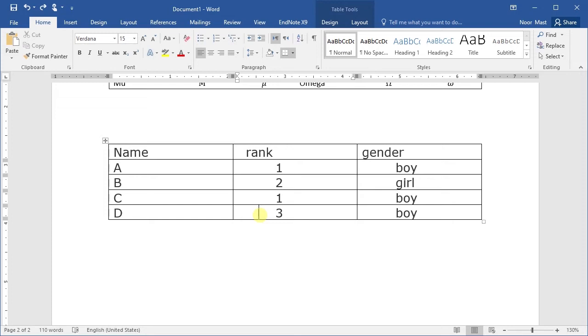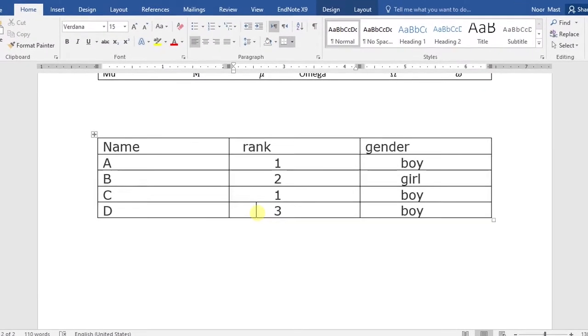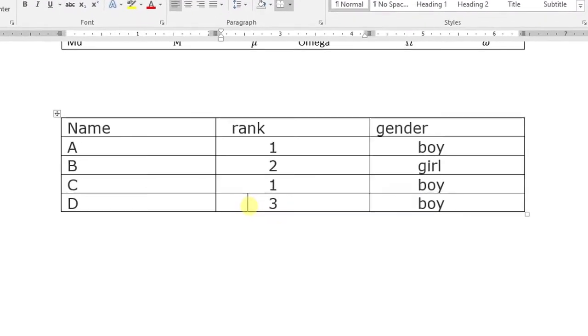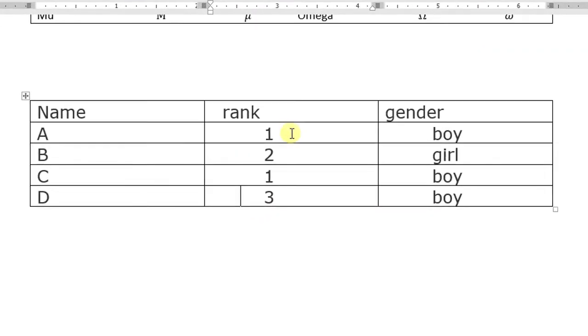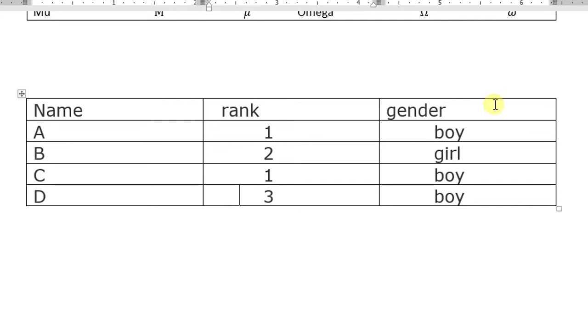You can apply the available table styles to change its appearance. Suppose I want to add a column to this table, so hover outside of the table. When the plus sign appears, click this plus sign.